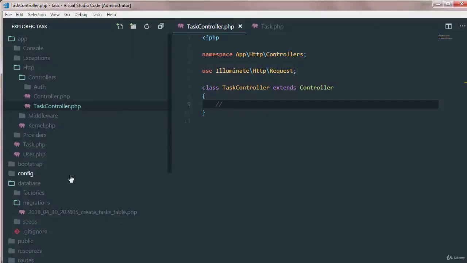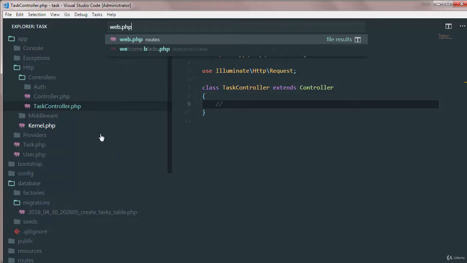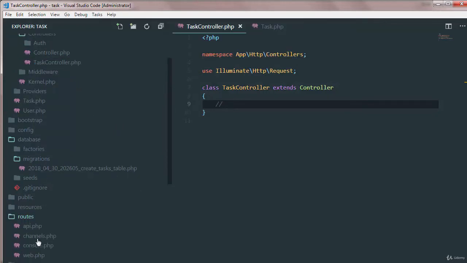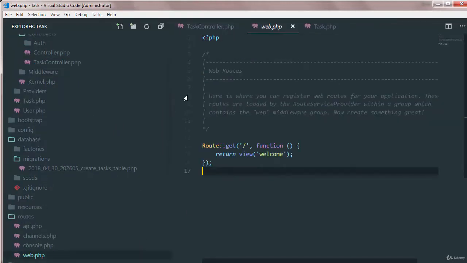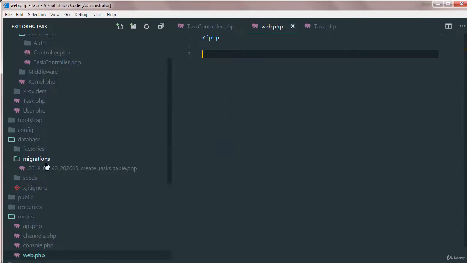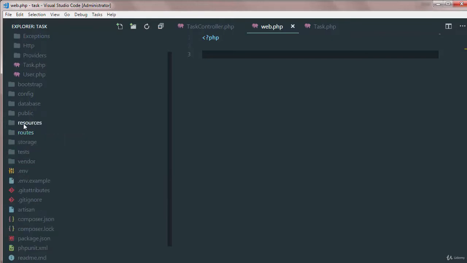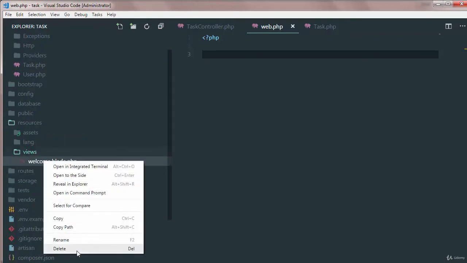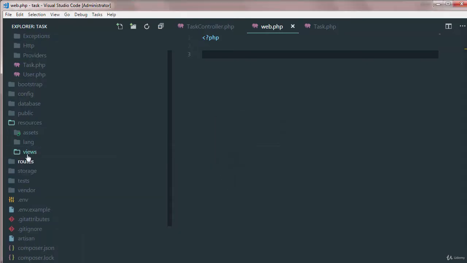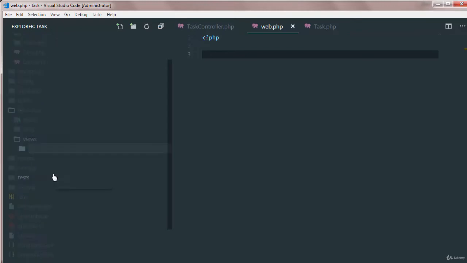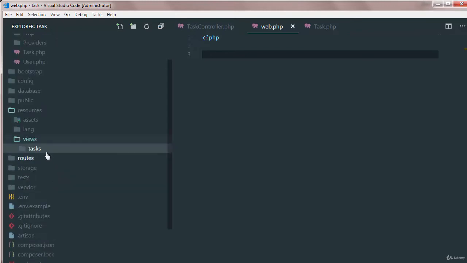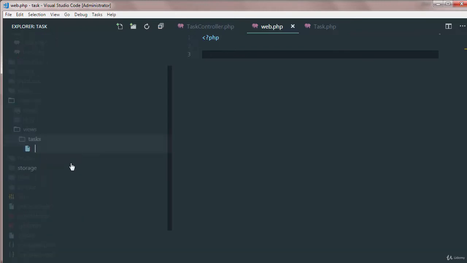Now we go to our web.php file, which is inside routes, web.php, and we'll get rid of each and everything. Then we go back to resources, views, and delete the welcome blade file. Right there it is. Now we'll create a new folder called tasks, and then create a new blade file called